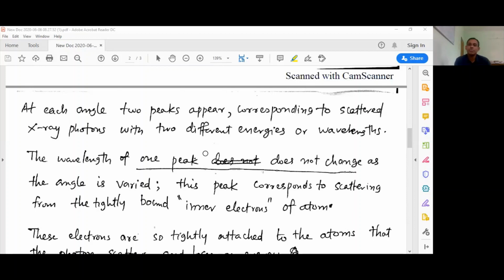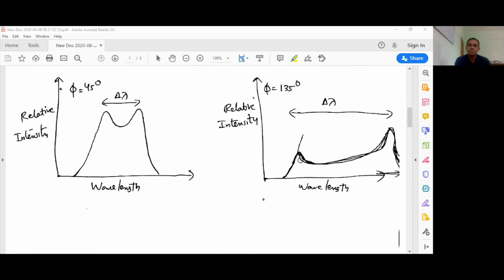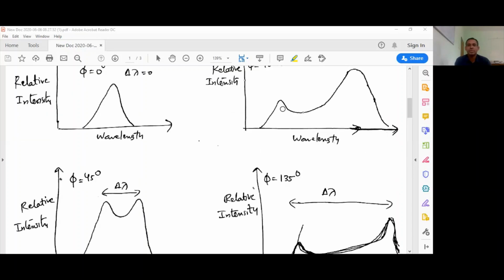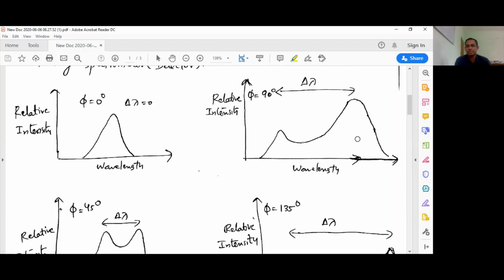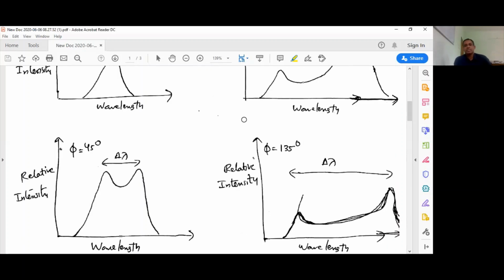The wavelength of one peak is not changing. This peak is not changing. This wavelength is fixed. Only this wavelength is shifting. The second wavelength is shifting. The reason is